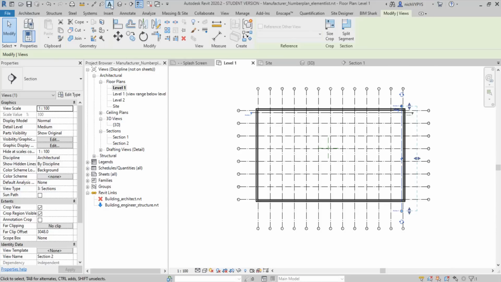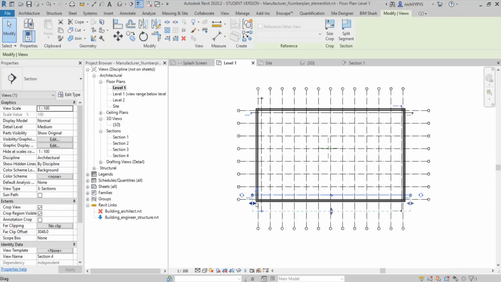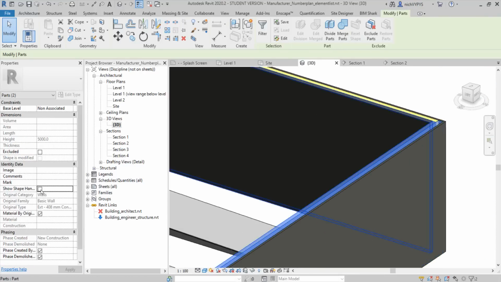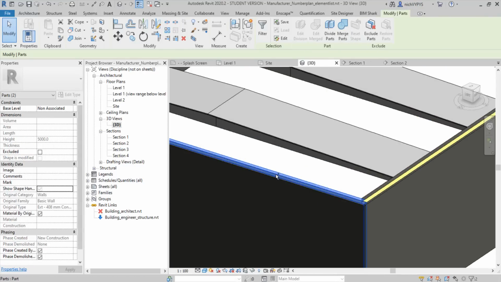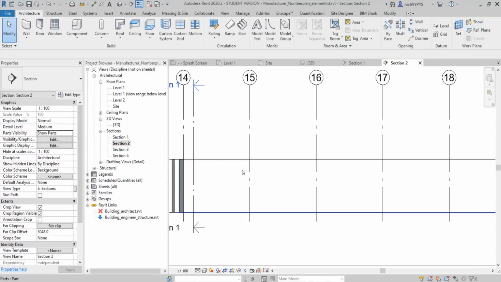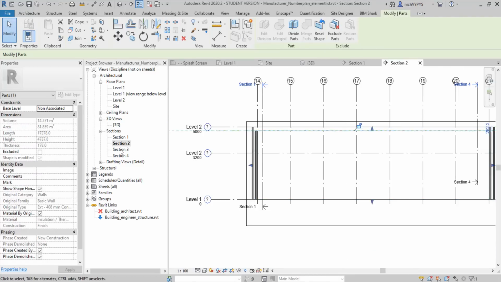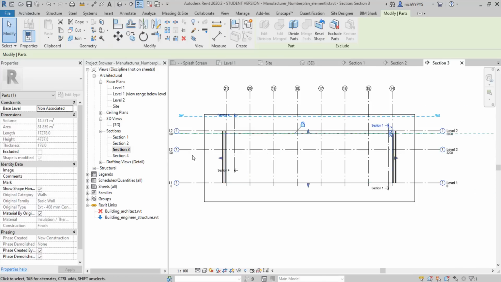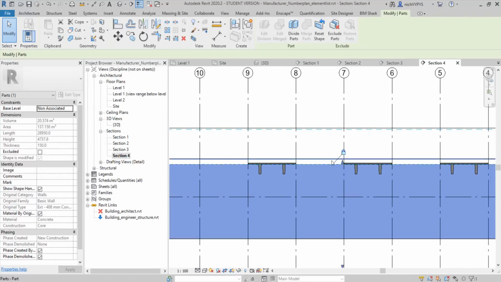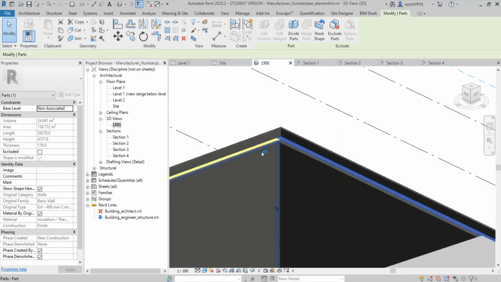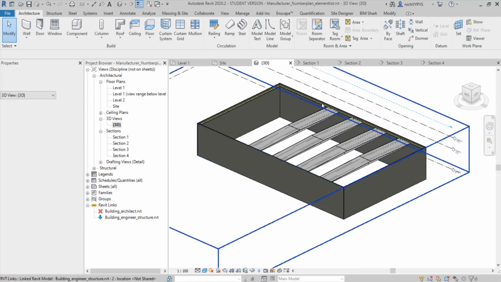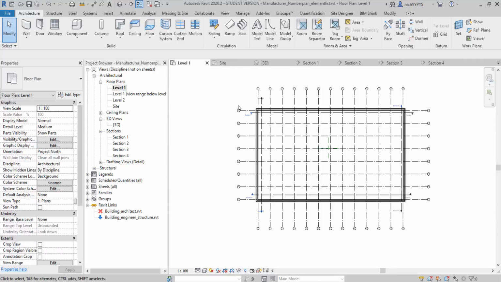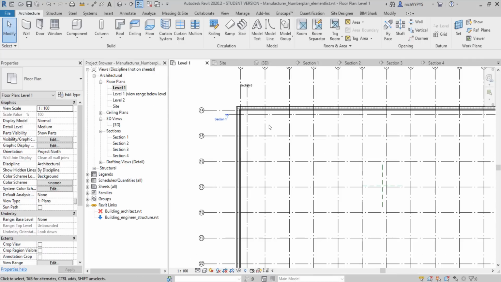So what I do here is I'm adjusting all 4 walls, all inner leaves on the 4 walls. Before I do that, I create 3 new sections, so I have a section in front of every wall that I have here. That makes it much easier when I select and adjust the inner leaf and the insulation part. So now I have adjusted all the inner leaves and all the insulation so it fits to the underside of